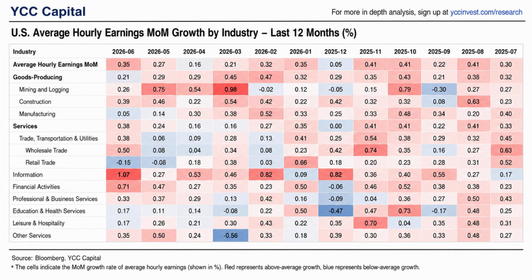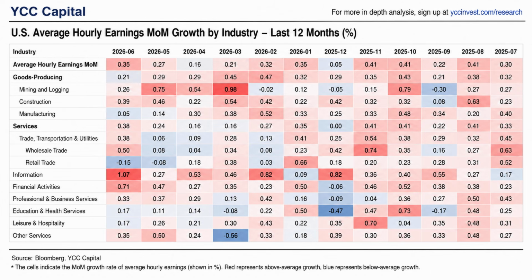Information and financial services continue to post relatively firm wage gains, reflecting ongoing demand for highly skilled workers. Construction also remains relatively resilient, supported by infrastructure investment and continued activity in selected areas of the housing market. By contrast, manufacturing wage growth has become much more moderate as industrial demand softens. Retail also displays comparatively weaker momentum, reflecting slower consumer spending growth and a more cautious hiring environment.